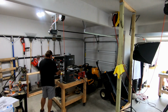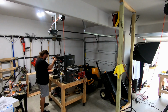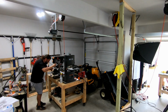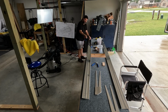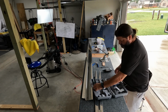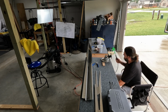So what I end up doing is using a unibit, a step bit, to get close to the outside corners of this odd-shaped hole. And I'll show it to you in a second once I get those done. It turned out well. So yeah, unibit to get that shape right there, and then head back over to the bench and with the Dremel tool and a cutting wheel, cut out the bulk of that shape,